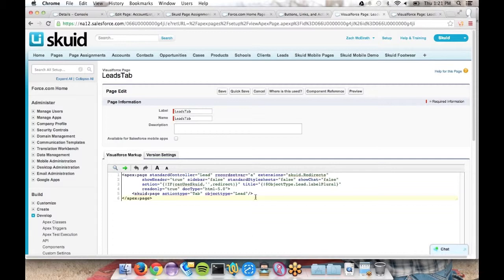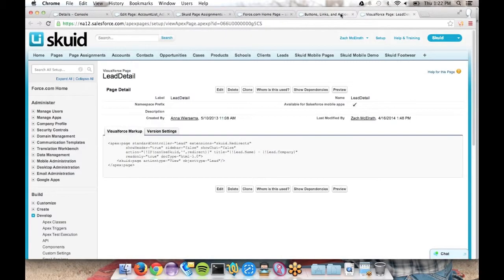So we'll be posting examples of how to do this. But this is essential, and this will make it so that your Squid pages will show up in console views as well as in standard tabs and apps. So it's a slightly different syntax, but I just wanted to give you an overview of what this looks like, and just point out this is essential to getting going.